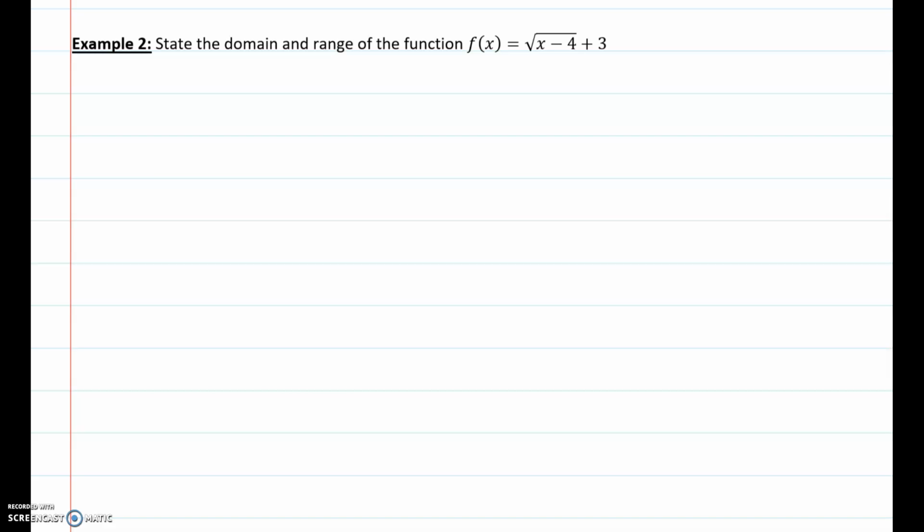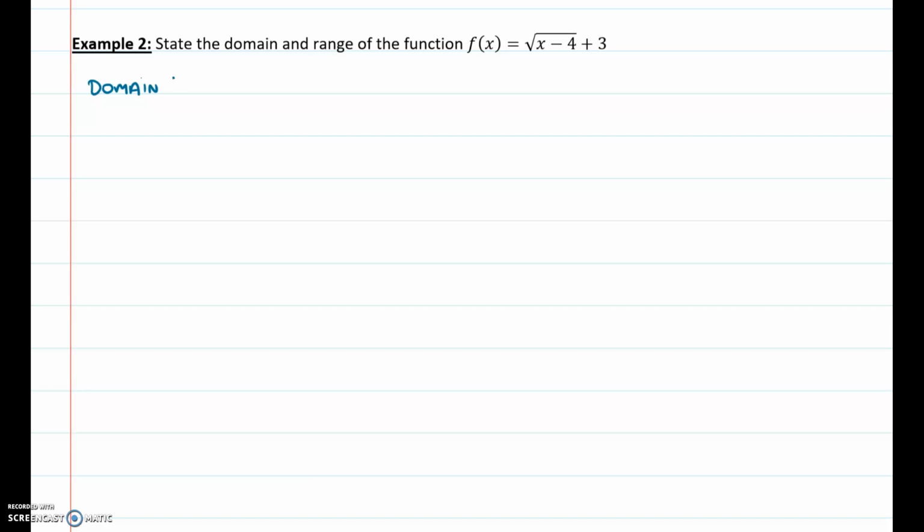Hi, I just wanted to do one more example featuring domain and range of square root functions. And this time we'll figure it out algebraically and then we'll confirm by drawing the graph afterwards. So let's look for the domain of this function. And the domain of any function is found by limiting what values of x